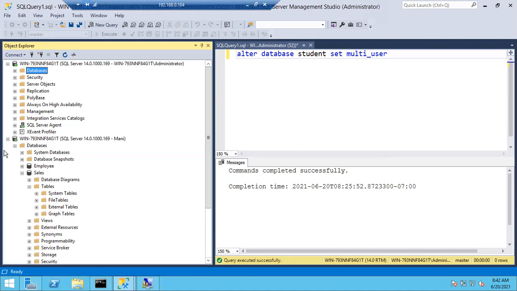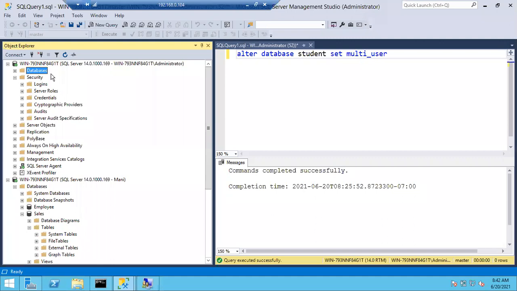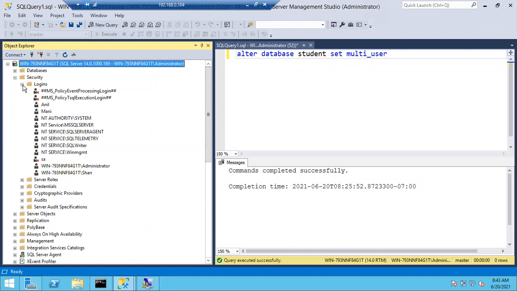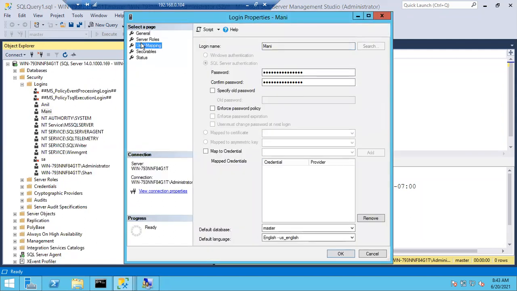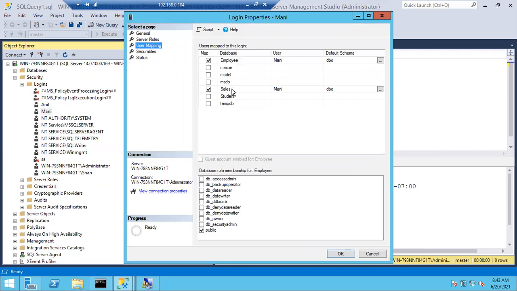Now in case I want to give access to Money, how do I give it? Go to your administrator account. We need to go to database level. Now go to Money, go to user mappings again. As the user is already created in the sales database, if Money needs to read data, give db_datareader. If Money wants to insert some records, give db_datawriter. If Money wants to do anything at the database level, give db_owner. db_owner means